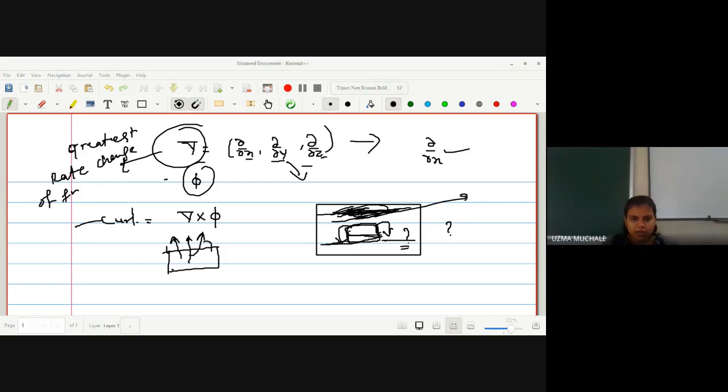You can search about the curl and divergence also, and what the geometric interpretation is and all. What I told you, the greatest rate of change of a function, actually has a geometric proof also, for why it is called the greatest rate, because as mathematicians we can search this out. If ∂/∂x is changing in x, y and z combined, what will the combined rate of change in x, y, z be? That is the greatest rate of change of a function. How this is the greatest rate you have to search, and a particular proof is also available that you can search out. Now let me go to our syllabus, where we are going to use this.